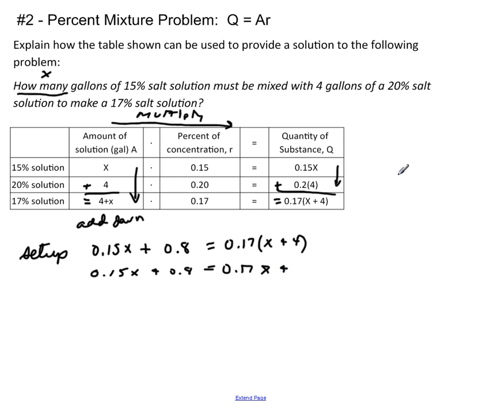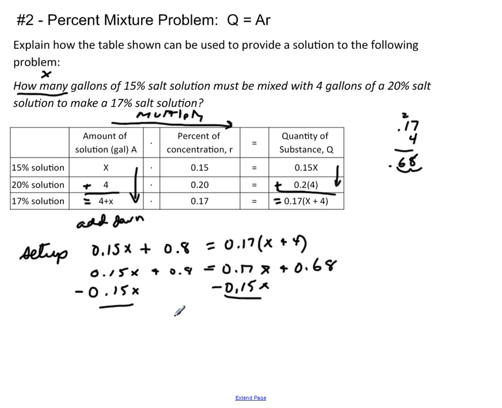What does that work out to be? Well, 0.17 times 4. Remember, 7 times 4 is 28. Carry the 2. 1 times 4 is 4, plus 2 more, that's 68. There's 2 decimal places, so we go 1, 2 places to the left. And so we're going to say 0.68. All right, it's time for us to gather some terms. This time I'm going to avoid negatives by subtracting my smaller value for x from both sides. I'm going to subtract 0.15x from the left and 0.15x from the right,